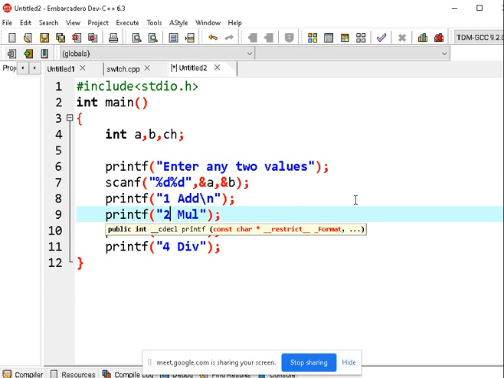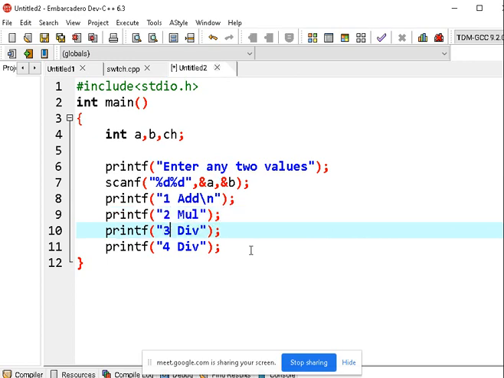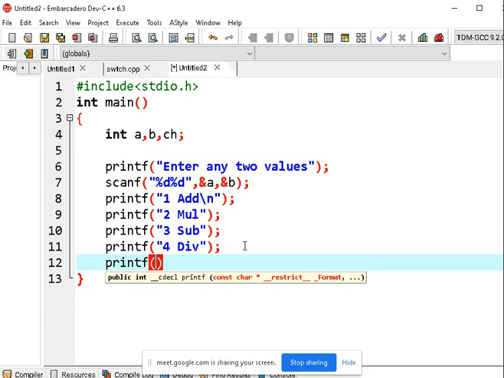The option is 2 here. Option 3 here: instead of division, we will go with subtraction. So, these are the options you have. Immediately it has to ask me to enter your choice. So, printf "enter your choice".